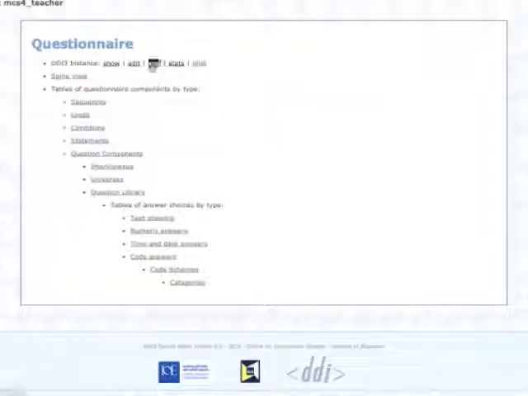A couple of other things. There's a little export out to XML. If you're familiar with the horror that is DDI3,